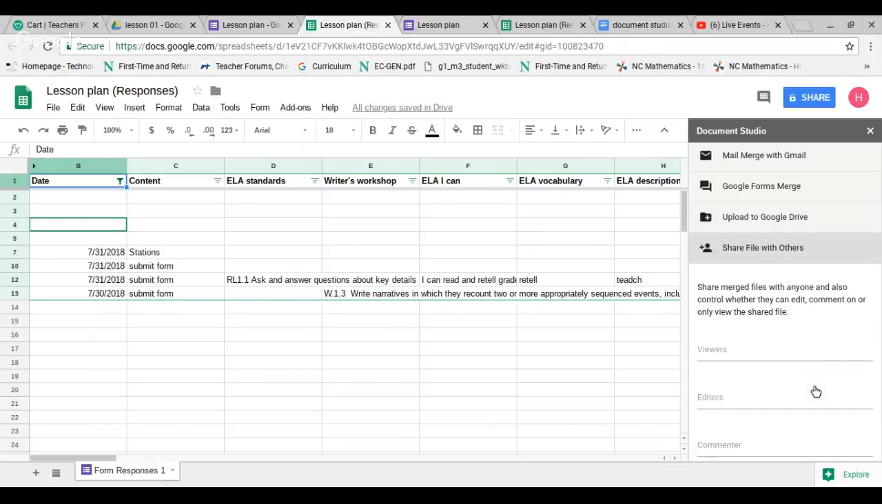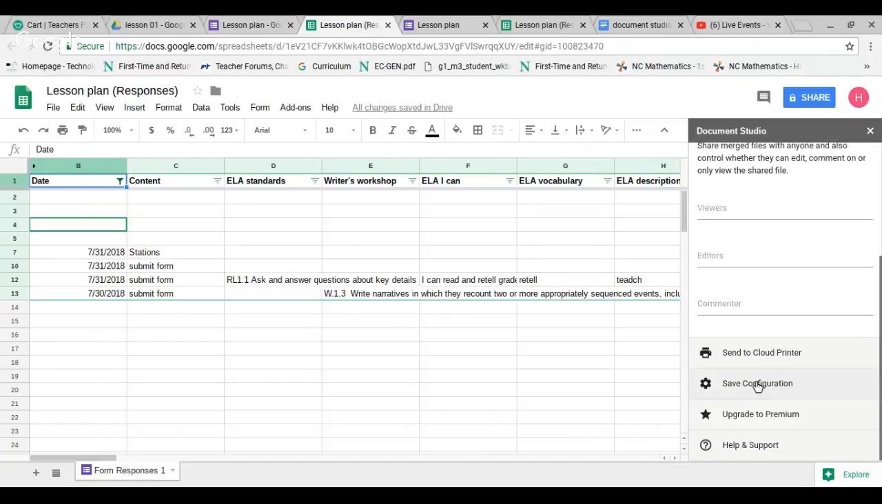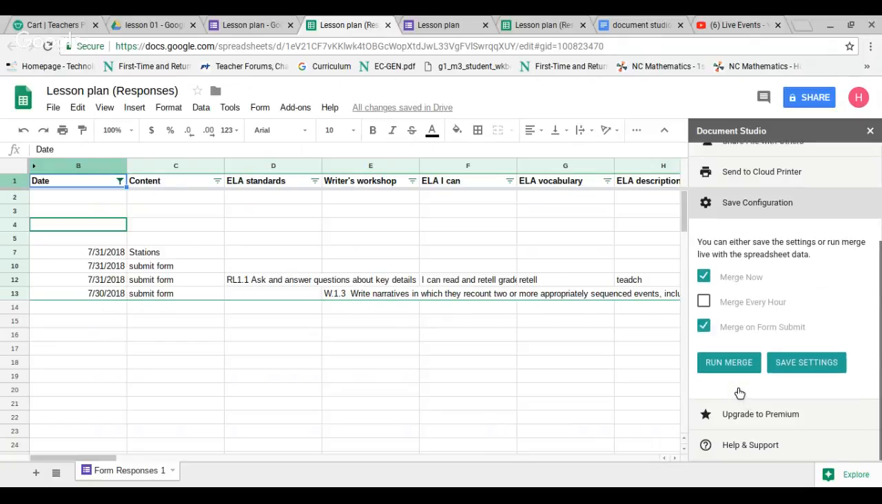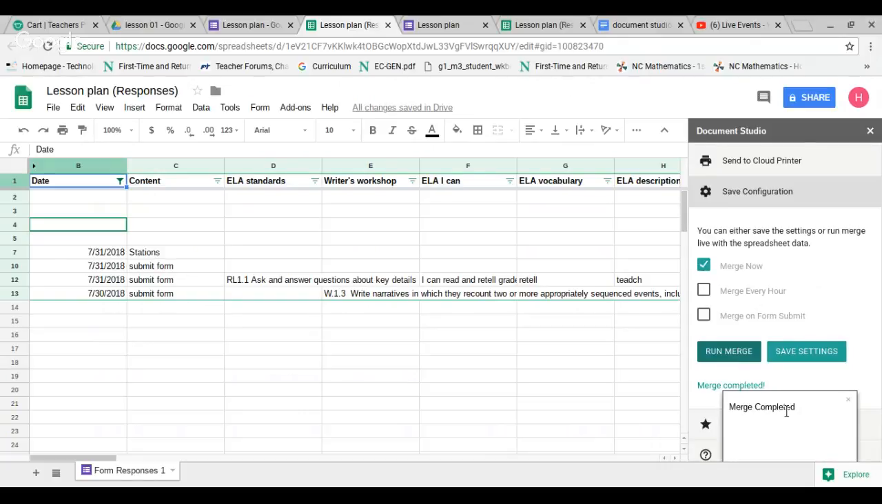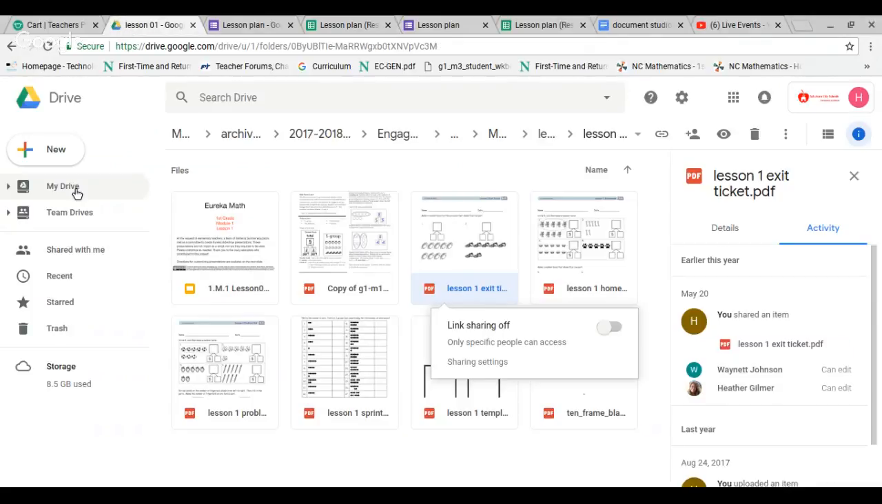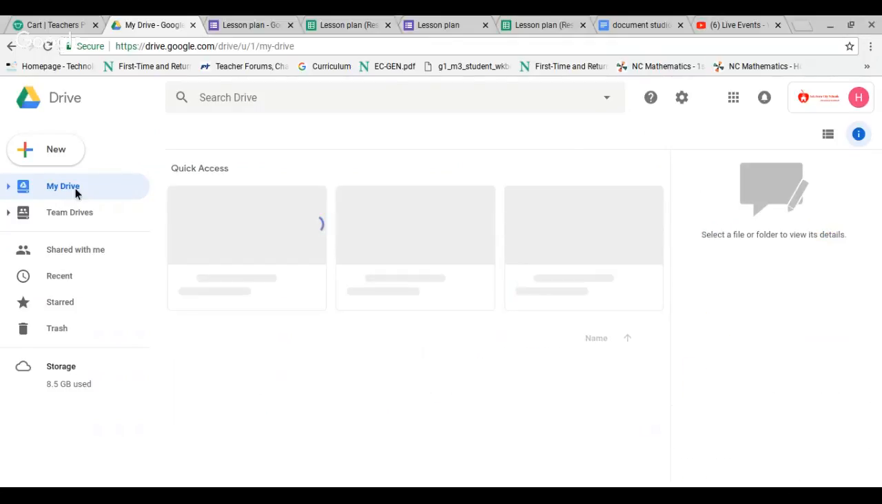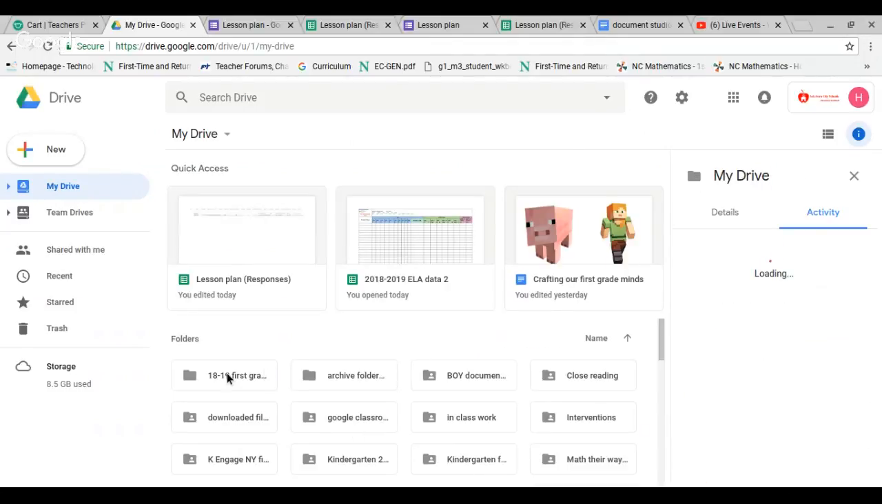Share a file with others, so you can share it with your teammates. Then I want to go down here to save configuration. I could merge now or merge on form submit. I'm just going to merge now and then run the merge. What it's doing is taking the data you asked for on 7/30, which is what we planned for, and pulling just that data. It says merge complete. So if I go into my Drive, because I've had it set up to go into my 2018, 2019